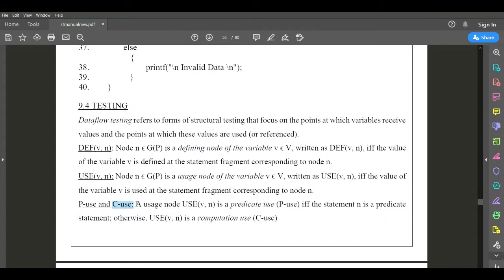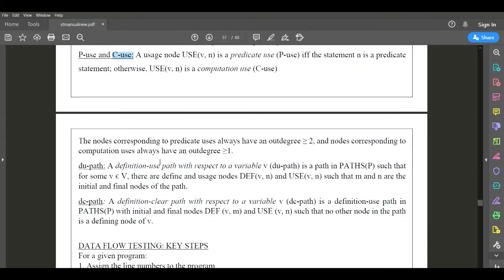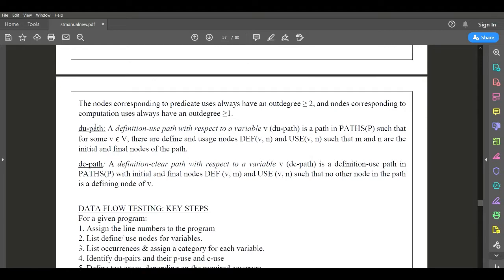That is what we call a usage node, that is use of v comma n. This is just the basic definition. Then we have to calculate the du path, that is the definition and usage path, from the defined node to the usage node. We need to identify whether that path is a definition clear path or not, based on the DC path definitions.